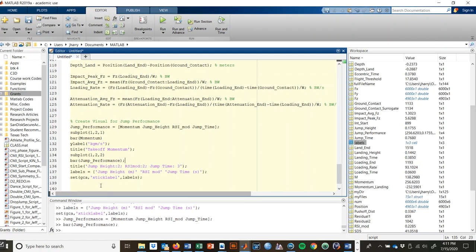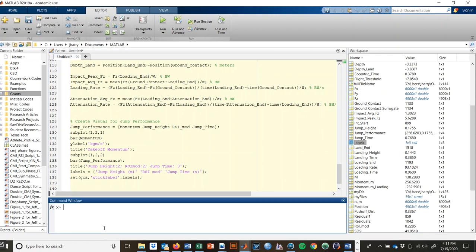So what we'll do is bar that jump performance method. Now we'll just do this in the command window so you can see what I'm going to do. Hold on. Y-Y axis, we'll move it to the right, and we will create a new variable. Let's just call it jump performance 1, and let's make it a NaN, so this is not a number, it's blank. Then we'll do jump height, RSI mod,